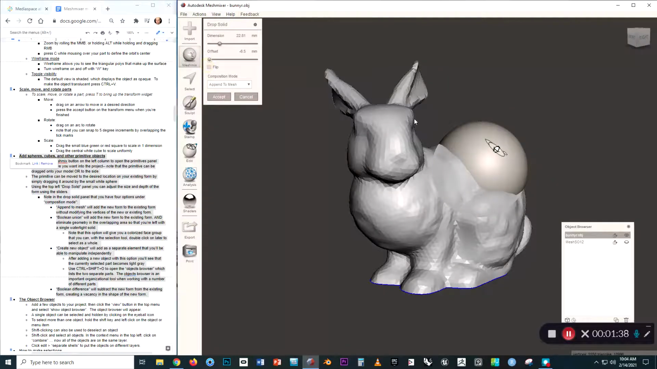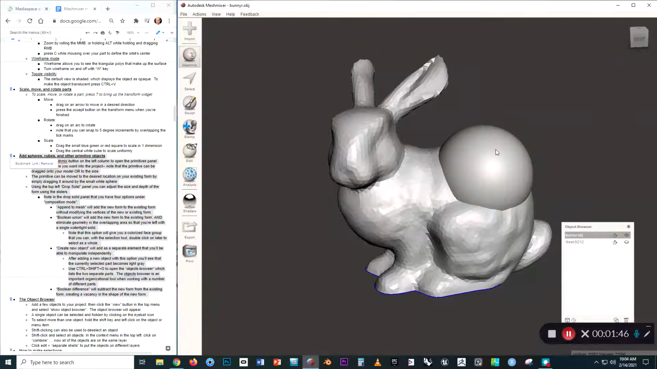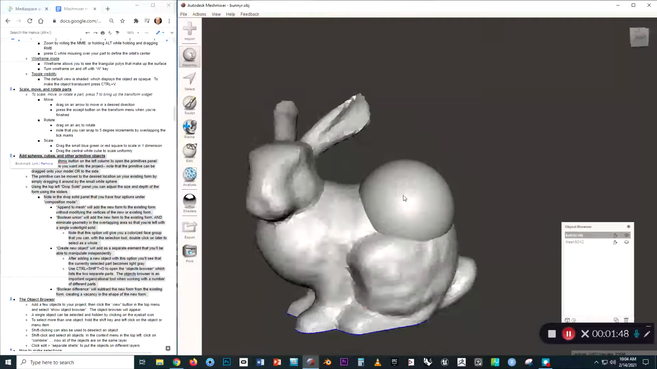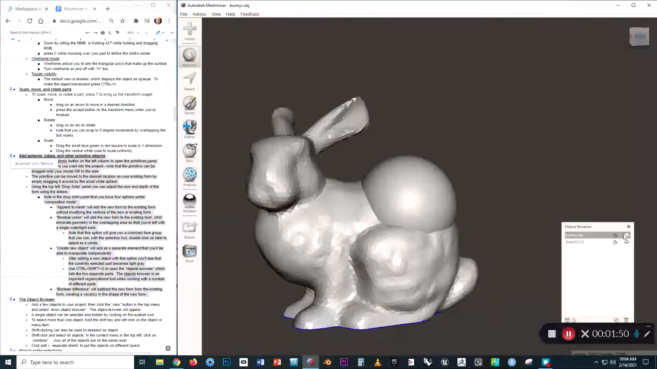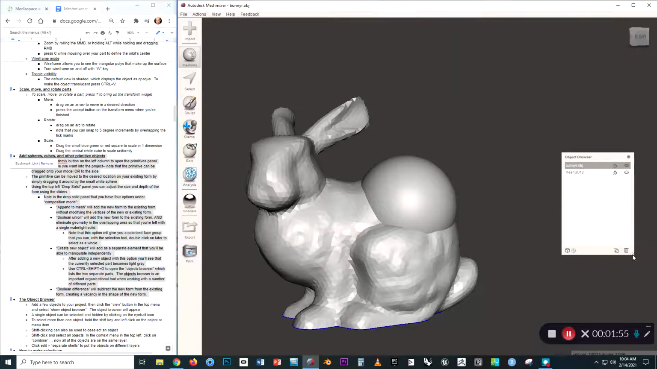Now, also notice that under composition mode, we can change some different settings. So if we click on append to mesh, let's go ahead and accept that. And if we press on the eyeball here in the object browser, by the way, if you don't see the eyeball, you might just have to grab this lower right corner and drag out. So let's click on that eyeball